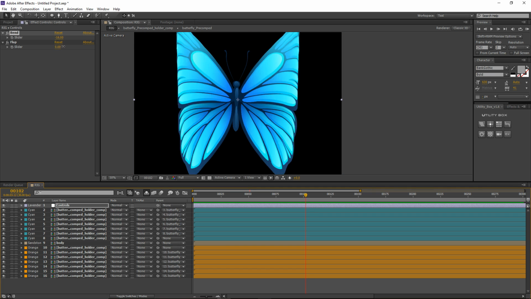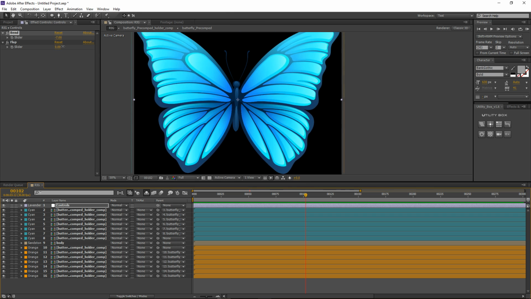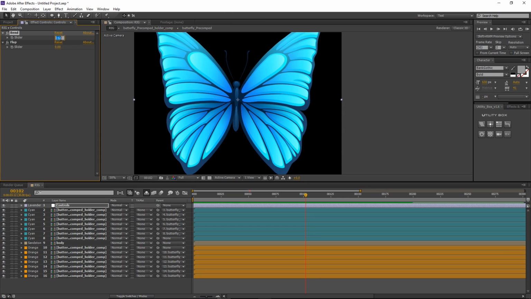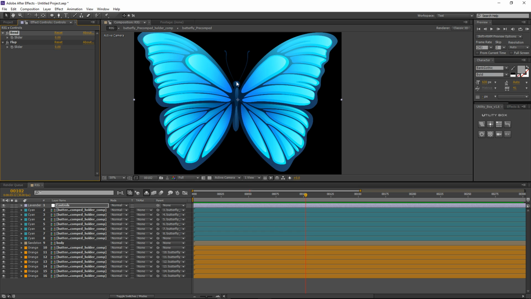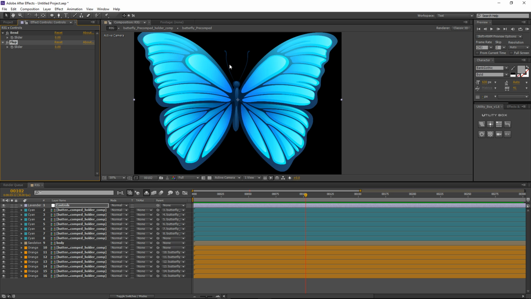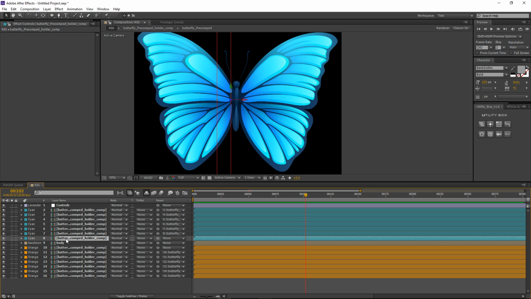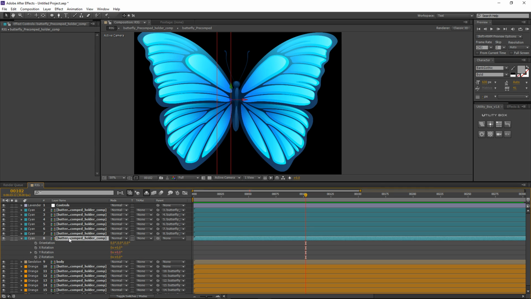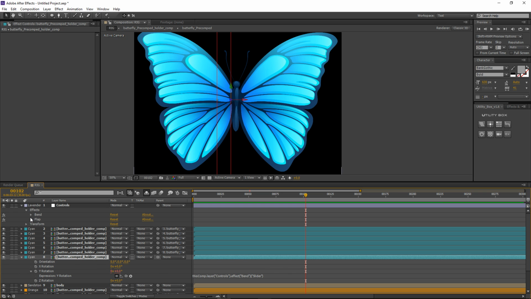So pretty cool, and this will help add a lot of elasticity and just create a more organic and natural animation to our butterfly flap. And let's take care of the actual flap right now. What I want to do with this is grab this 8th layer here, which is the first layer in our chain. Let's go to our rotation, and let's go to the expression here, and let's prepare our flap